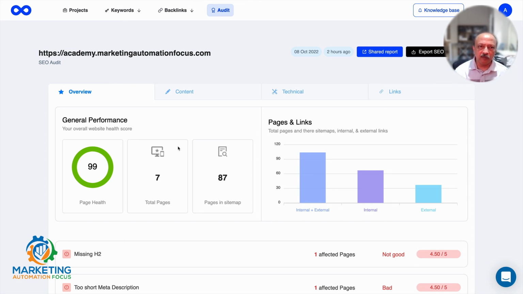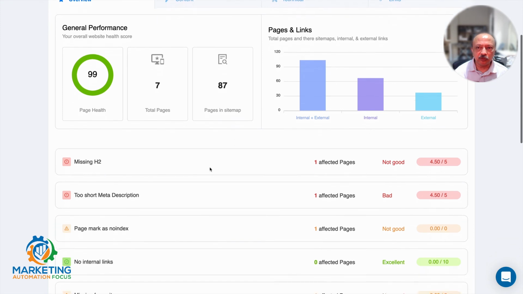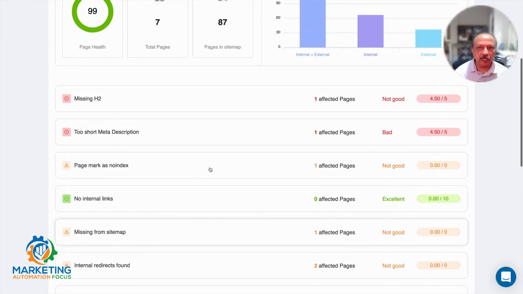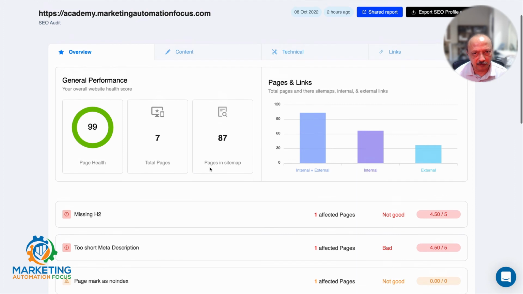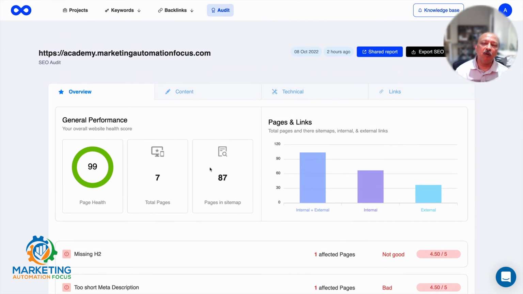And now it gives you pretty much what I was showing you, a full audit view of your project with overview, content, technical, and links. Okay, so again, you have pretty much the same type of report, organized the same way, which I've already shown you. And I know this video is now too long,